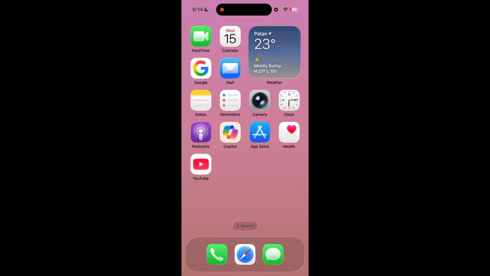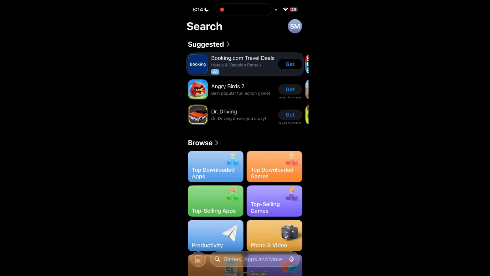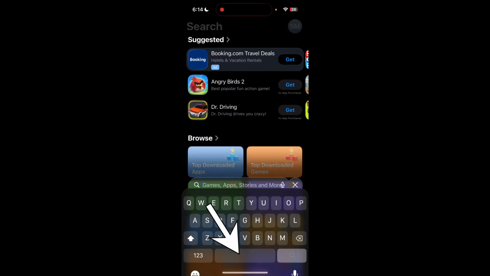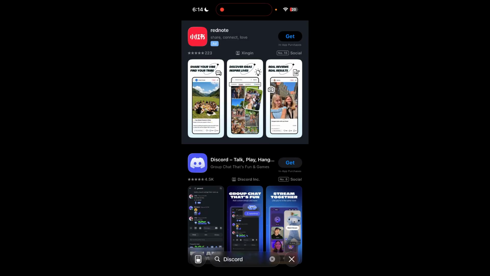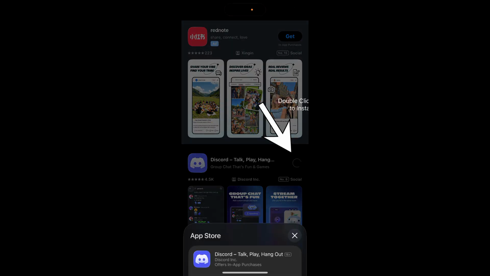So to begin using Discord on your iPhone, you first need to download the app. Open the App Store on your device, tap on the search icon at the bottom, type down Discord and search for it. Over here, with this purple icon and the white controller logo, tap the get button beside it to download and